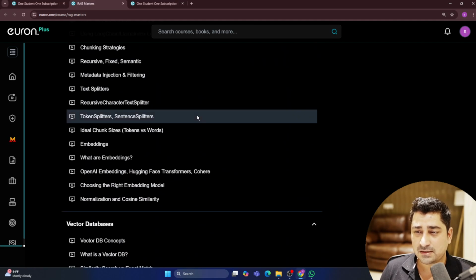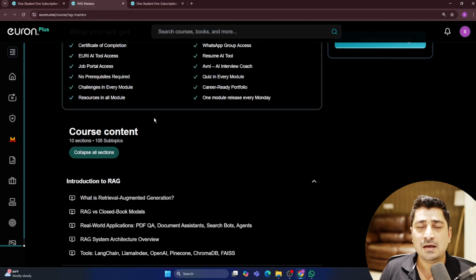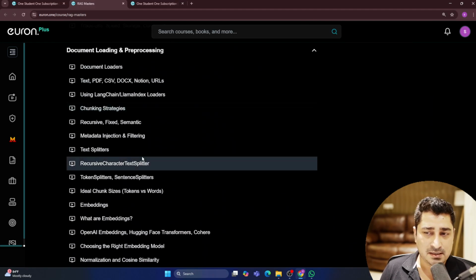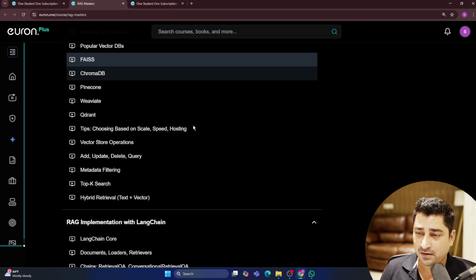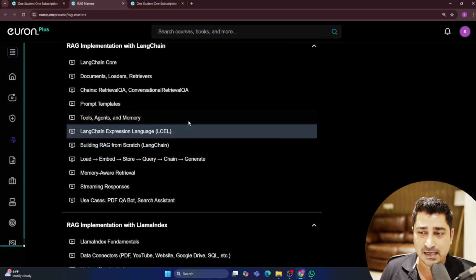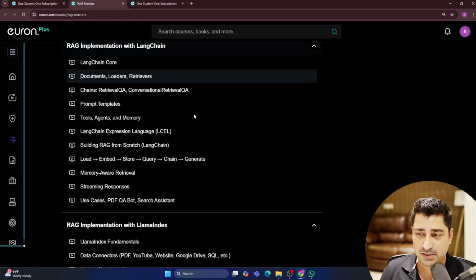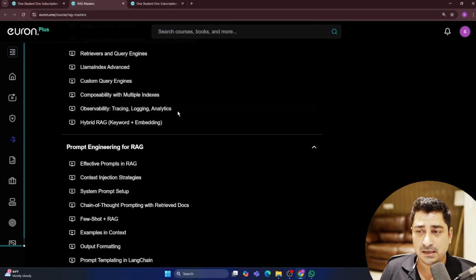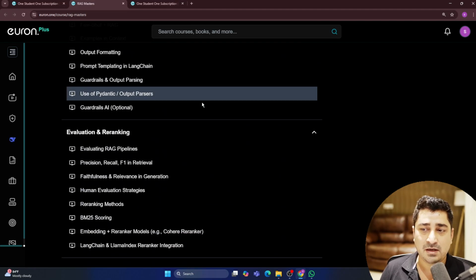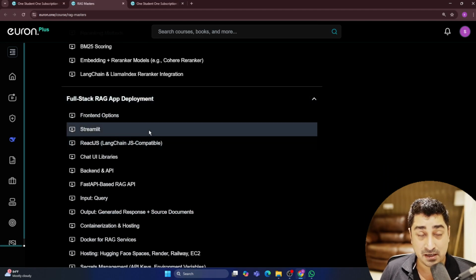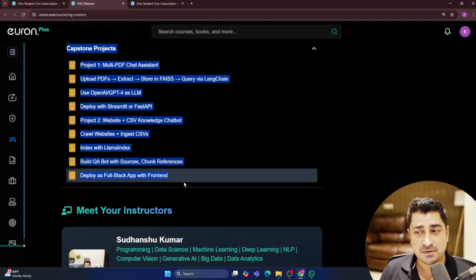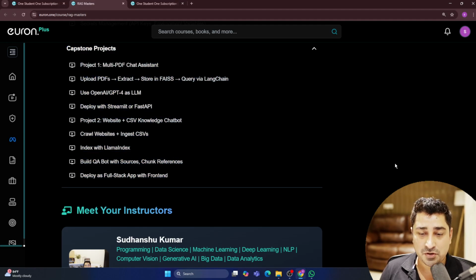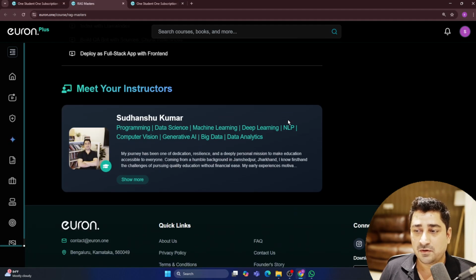And just to go through the syllabus once, guys, believe me, it's an amazing syllabus that I have created. It's an end-to-end, in-depth syllabus. We are not leaving anything unturned inside this syllabus. Whether it's a LangChain based implementation or LlamaIndex based implementation, everything we are going to talk about, whether it's evaluation, everything, literally everything we are going to discuss inside this one. And last but not the least, we are even going to talk about the project.